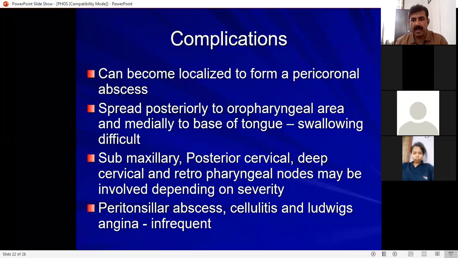In previous years, before the advent of antibiotics, all these used to happen. Nowadays, when the swelling occurs, we try to control it by means of antibiotics or different medications. But when you look at the literature over the previous years, especially before the antibiotic era, a lot of patients would have died because of pericoronal abscess also, because the infection has spread to all spaces and it makes life difficult, right?